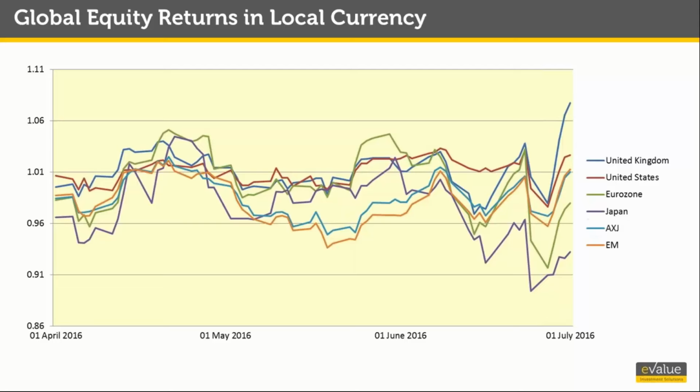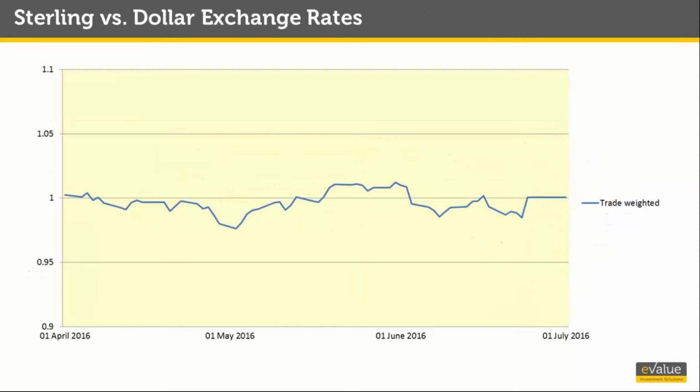The stock markets that we have shown so far are in their local currencies. So for the UK it is in pounds, for the EU it's in euros, and for the US in dollars. To see the effect that a US dollar investor, for example, sees when they invest in an equity, we should look at these stock markets in a common numeraire. So let us first have a look at exchange rates against the US dollar over the past period.